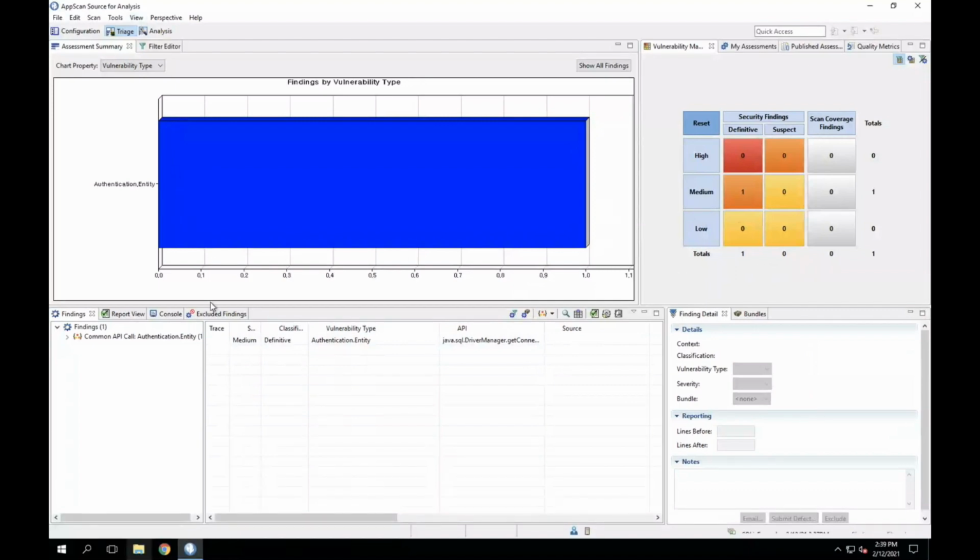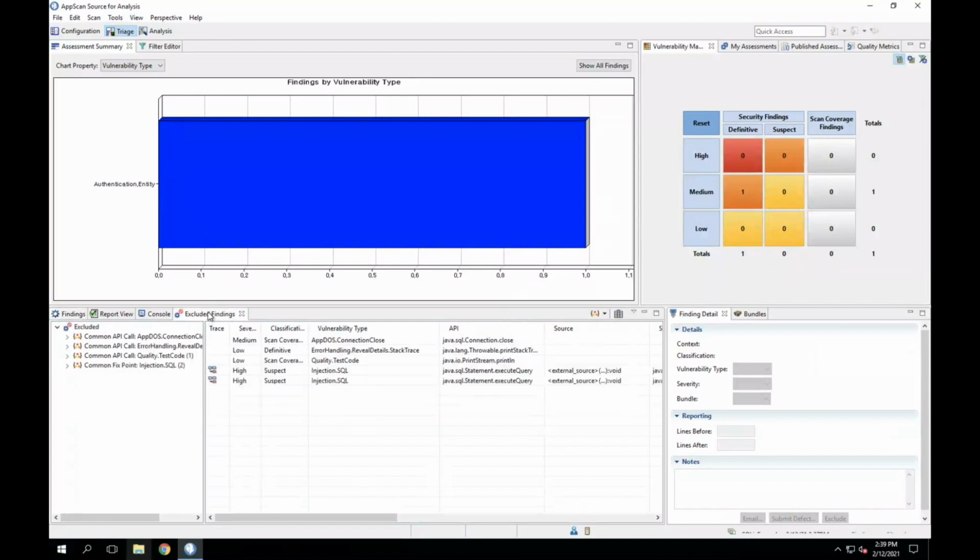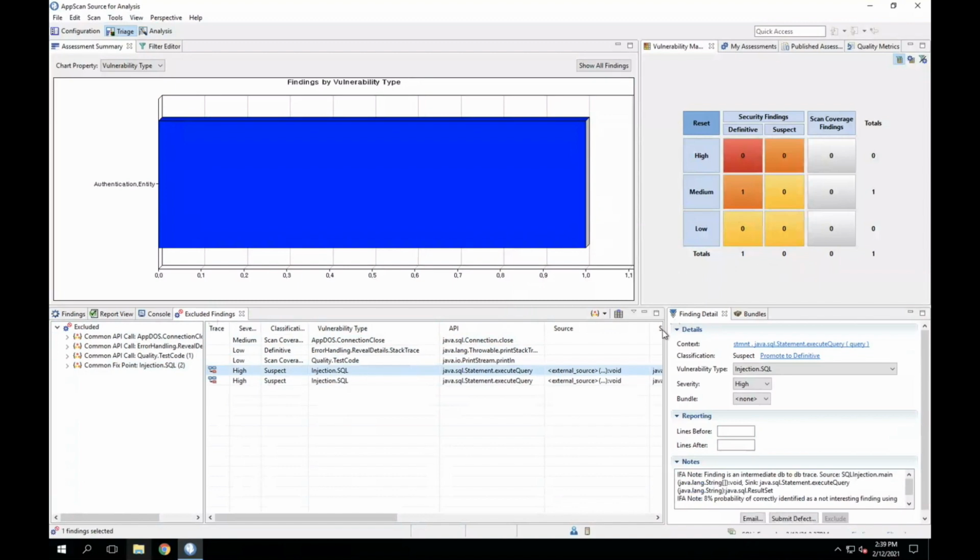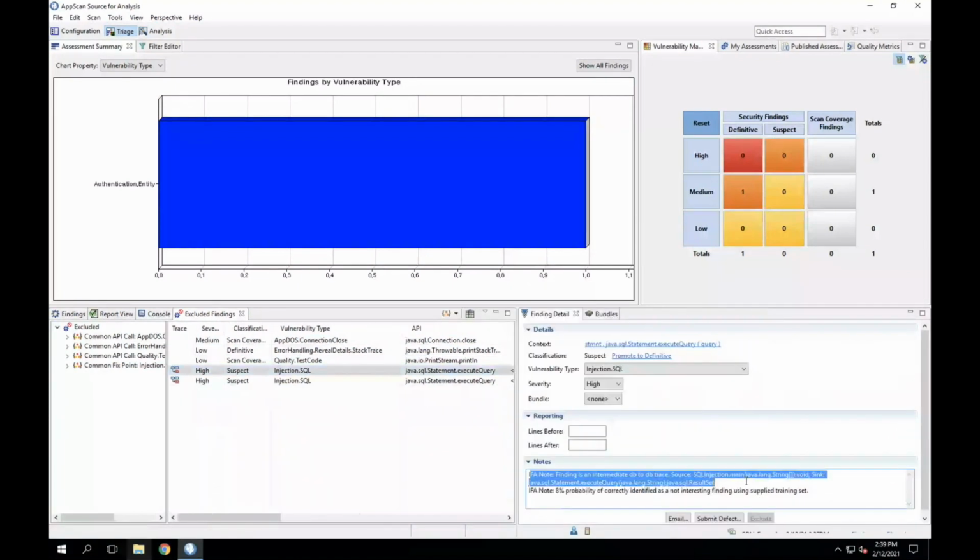Now, if you really wanted to see what IFA filtered out, you can go to the Excluded Findings tab right here, and you can see that IFA has filtered out these findings. And if you go to here, IFA also gives you a very good explanation under the notes section on why it took it out. And again, we're using probability here that